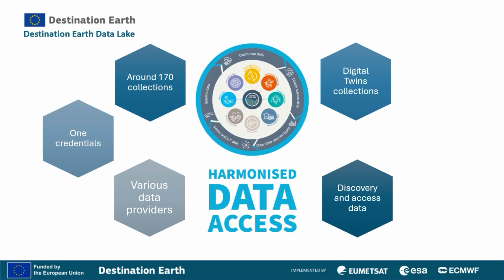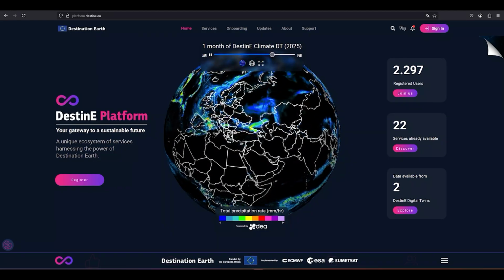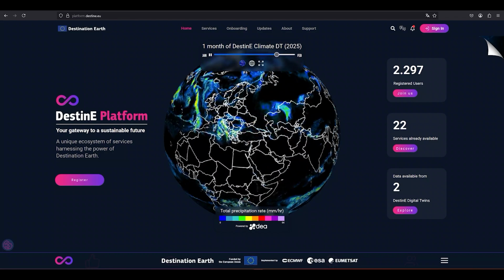All of this is possible using a single set of credentials. This set of credentials allows you to explore these 170 distributed datasets via a mechanism called data federation. All these datasets are provided via a unique interface, based on the STAC specification, so you don't have to know the access method of each data provider. Even if you are not a registered user, it is possible to discover collections and see what is offered by